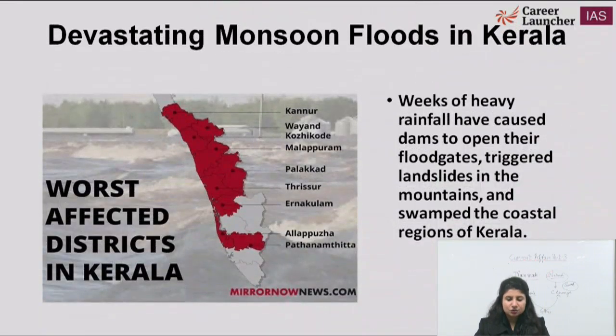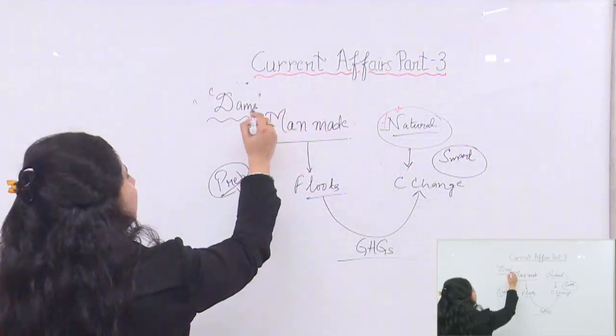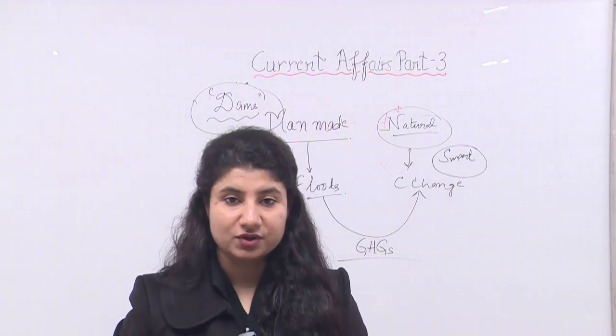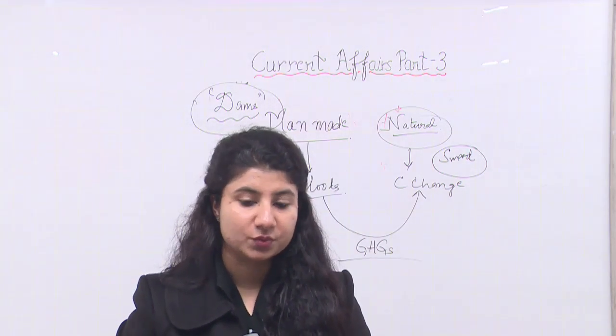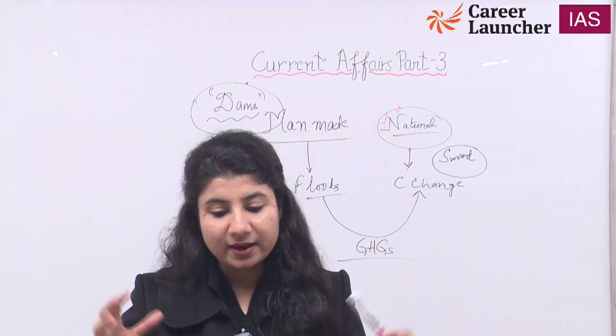The devastating monsoon floods in Kerala were one of the most catastrophic floods that India has ever witnessed. Worst affected districts in Kerala, this can be the factual part of your questions, that which districts were the worst affected. Weeks of heavy rainfall caused dams to open their floodgates. Now, the role of dams. The construction of dams in fragile regions was also being pinpointed at the time of the Kedarnath destruction, the Uttarakhand catastrophic situation, when it happened and triggered landslides in the mountain areas and swamped the complete